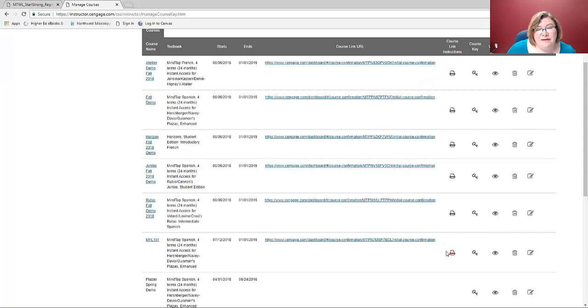I can also print out the student information here on the registration. This is just going to have the key. This will also allow me to hide a course from myself if I don't want to look at it anymore. Sometimes if you are familiar with our histories, they'll just get very long, and I don't necessarily need to look at courses from 10 years ago.